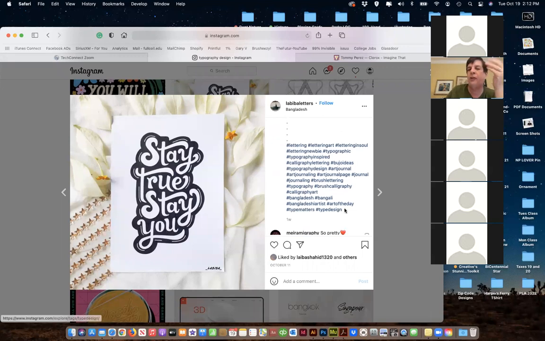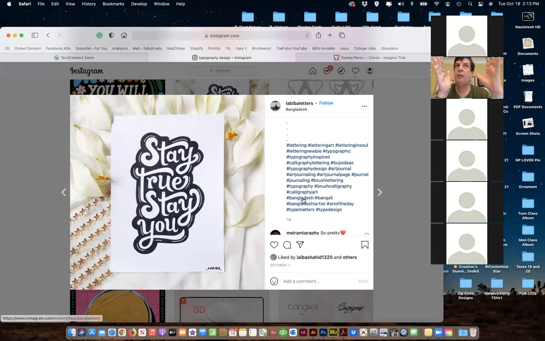Look first, just spend a half hour looking at hashtags. We've just been looking at type, and you can go through here and go, okay, which ones are working, meaning they have a large count, and which ones aren't, which are more specific. And in this case, there's also Bangladesh. That's a geographical specific tag, and that's okay too. So you could hashtag Los Angeles or Orange County or hashtag SoCal with your work.